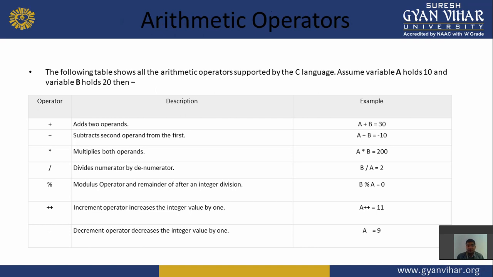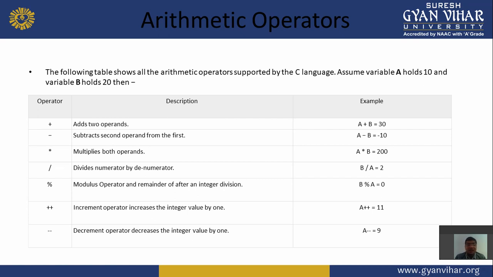So there are some operations of operators: plus, a plus b adds the operands; subtract, subtracts the second operand from the first; multiply; divide; modulus. Modulus gives the remainder. Like 4 upon 2, what is the result? The result is 0 because there is no remainder. If we take 5 upon 2, then the remainder is 1 because 2 divides into 4 and the remainder is 1.